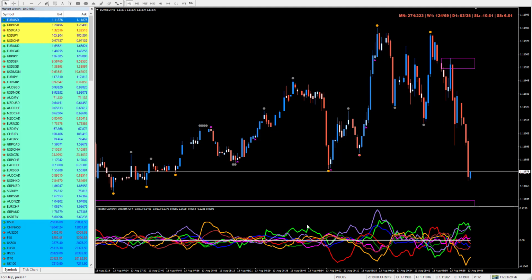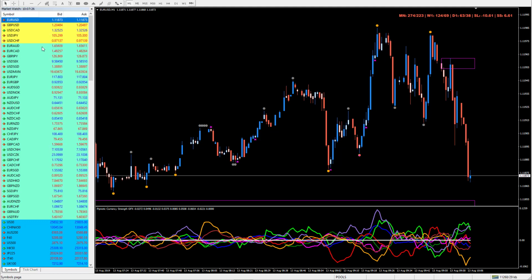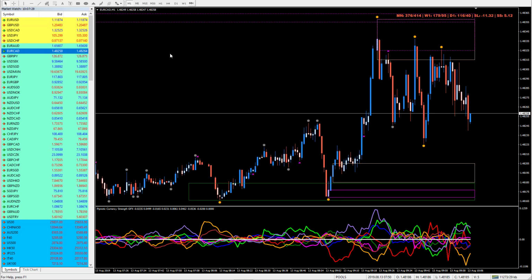Looking at this stuff is really powerful, because if you can see which currencies are being bought and which currencies are being sold from the get-go of any given session, this is a tremendous bit of information. I was looking earlier on at the Canadian dollar, euro. So if I pull that one over here,